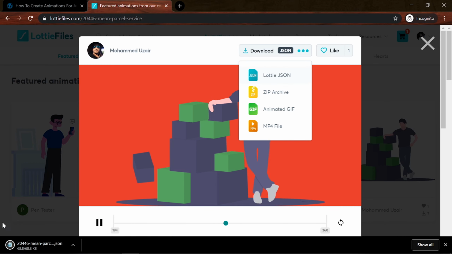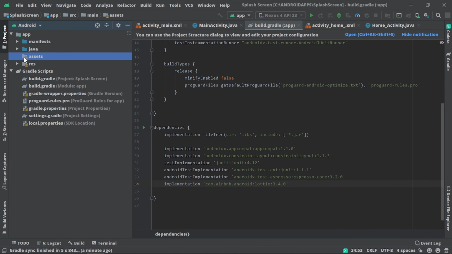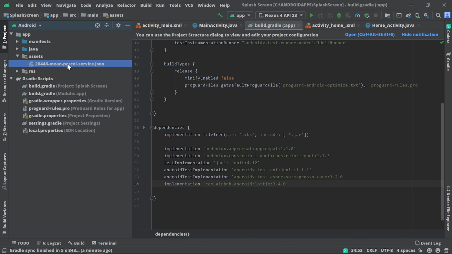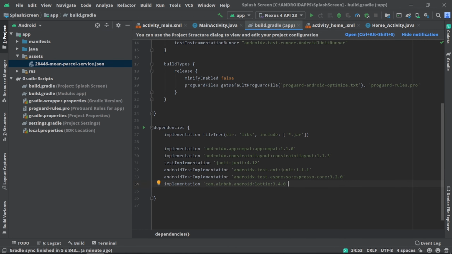The JSON file will be downloaded. Or else you can download it anywhere else, copy the file, go to the assets folder, and paste the file here. You can see this is the file that I downloaded.